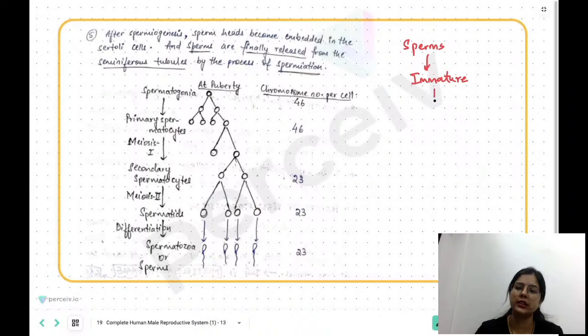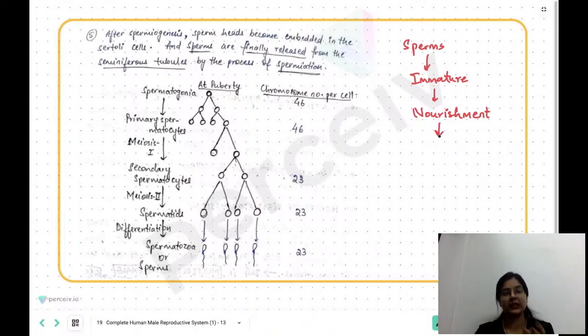So for the purpose of providing nourishment, these sperm cells and spermatozoa, their heads get embedded. हम लोगों ने ये फिगर में भी देखा था कि किस तरीके से स्पर्मेटिड्स का हेड सर्टोली सेल्स में एम्बेडेड था. ऑलराइट, सो नरिशमेंट के लिए their heads get embedded in the Sertoli cells,